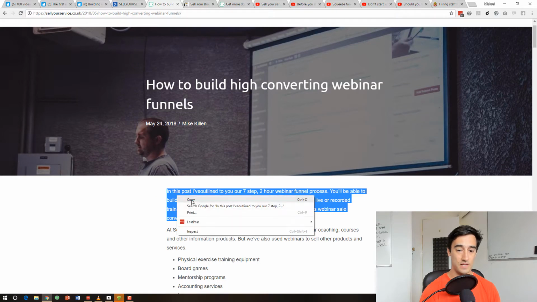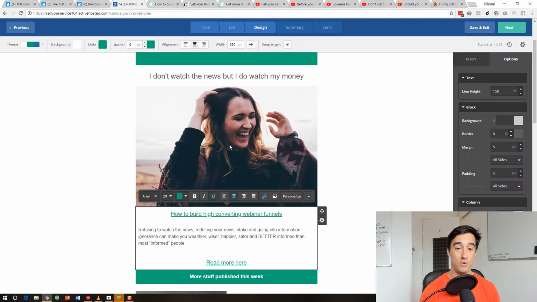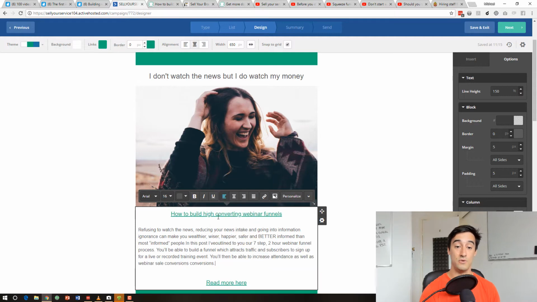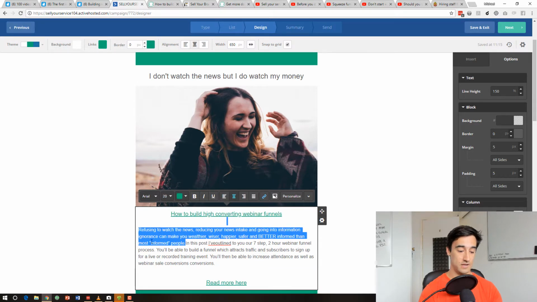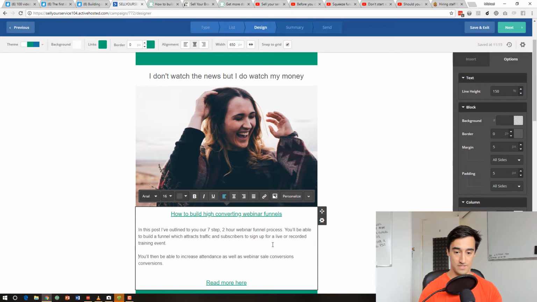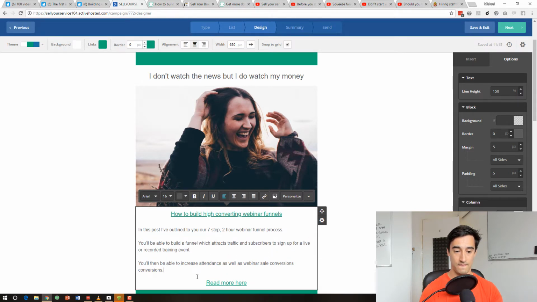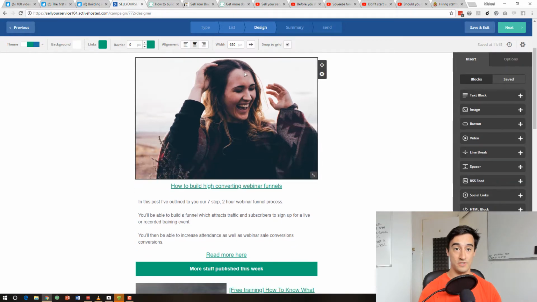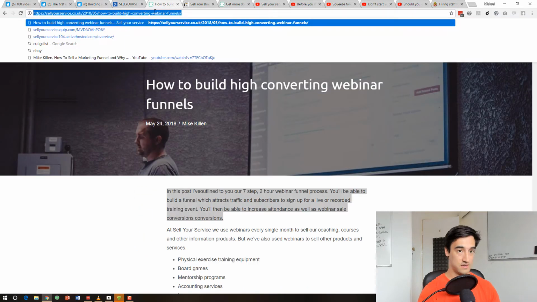So I'm going to copy this first paragraph. And I know that when I write my opening paragraphs, I'm going to be using them inside my blog post. So I want to make sure that it would make sense when it's introduced out of context. Let's split this out a little bit so it's slightly easier to read. There we go. Delete that. And what I do now is I take those links